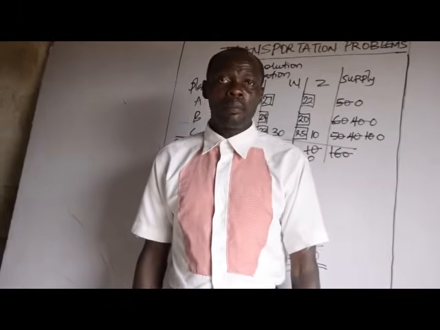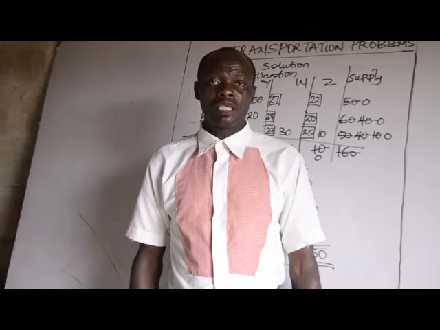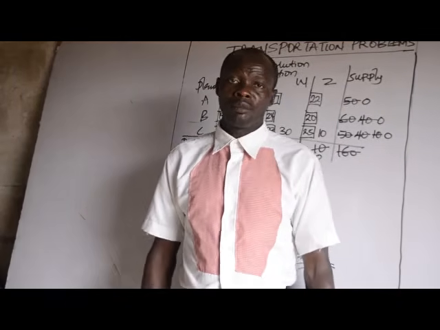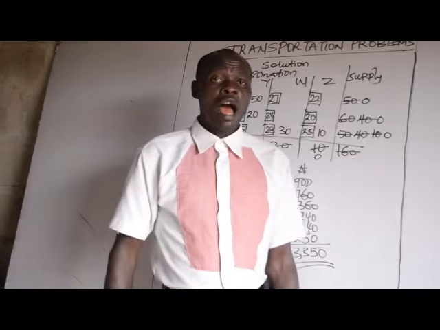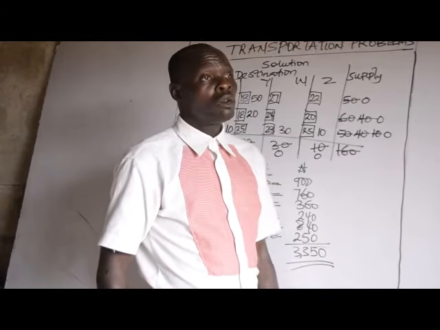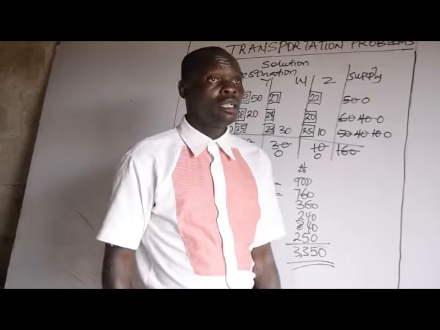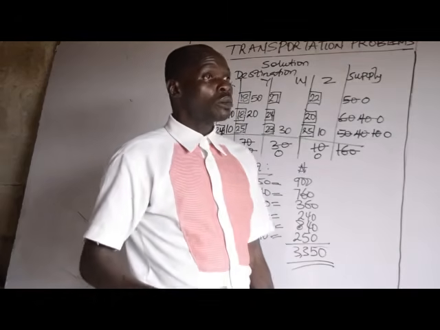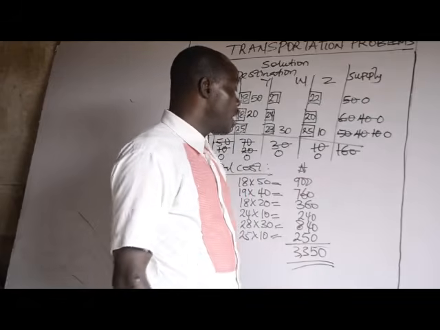This is the end of part 3 of my presentation on transportation problems. So in part 4, I will examine the unbalanced transportation problems, where I'm going to solve questions involving the northwest corner rule, least cost method, and Vogel